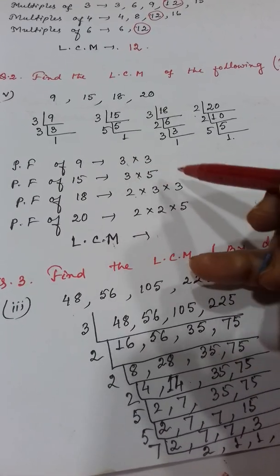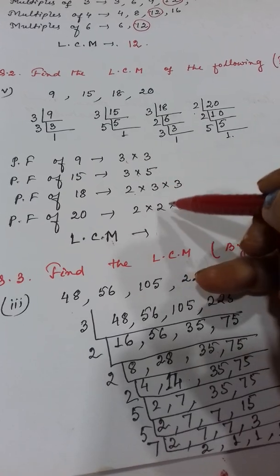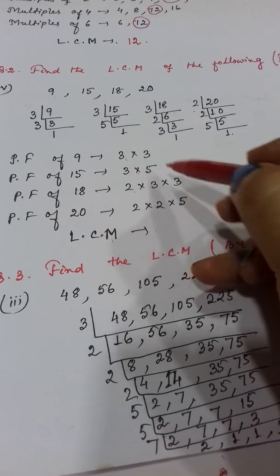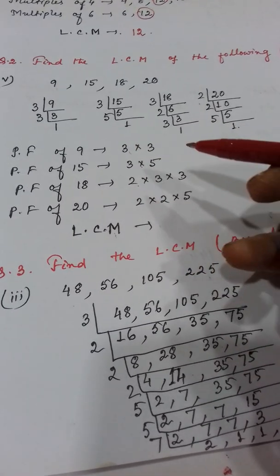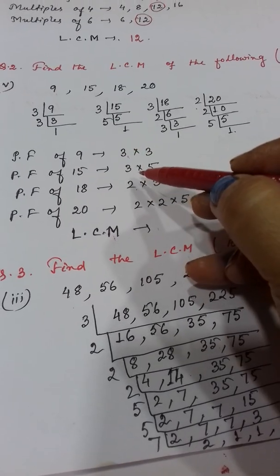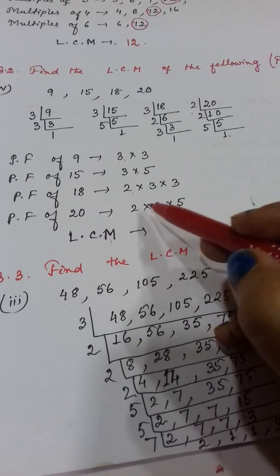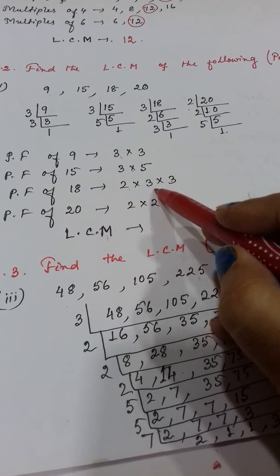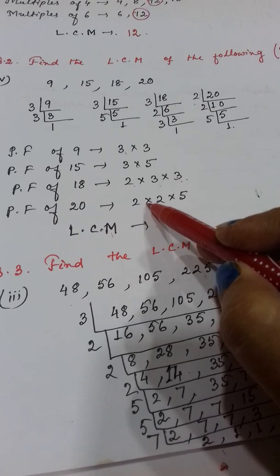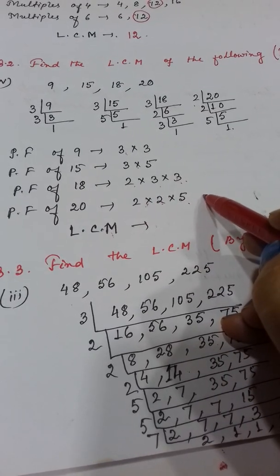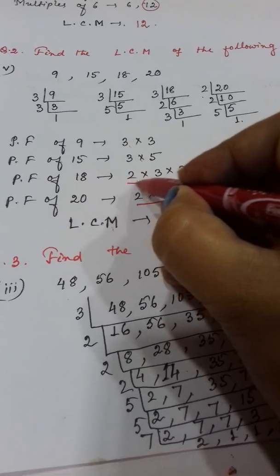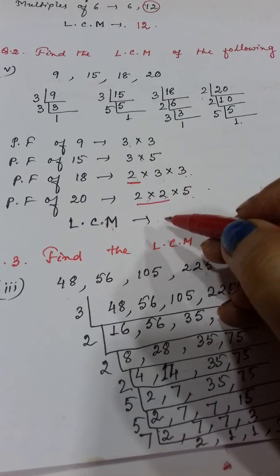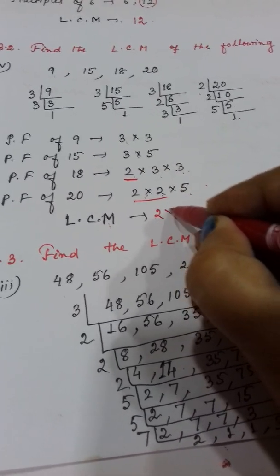So here you can see 2 is there, 3 is there, 5 is there, but no factor is common to all the cases; different factors are there in different numbers. Clear or not? Like here for 9, two 3s; for 15, one 3 and one 5; for 18, one 2 and two 3s, no 5; for 22, one 2 and one 5 but no 3. So first we start with 2. Two 2s are there, one 2 is there. How many 2s will you consider? The highest number, so two 2s.